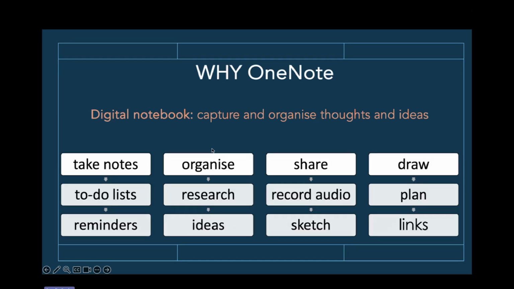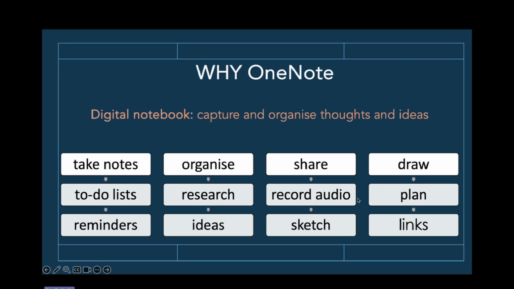You can take notes, you can organize, you can share everything that you have put on your notes, OneNote. You can draw in it, especially if you have a tablet or your mobile phone, that works much better. So you can use a stylus or an Apple Pen or anything to that effect. You can have your to-do list there. You can do research, keep record of research.